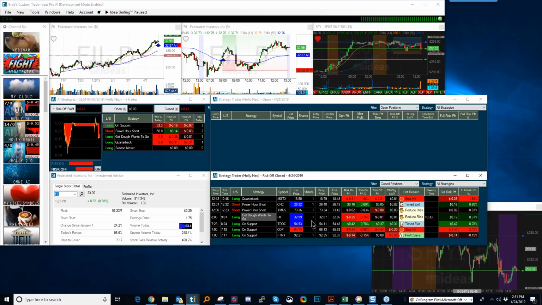If we look over here, well, I changed it to $1. It would have said $50 when I had the risk on. That would have been my loss right here in the risk on mode. But we have that re-entry algorithm, which is halfway between the stop price and the original entry price. So at 10:33, right here, it hit that price point, and it was suggested to get back into it. And so what started off as a bad trade ended up probably being a break even or a little bit of a profitable trade based on re-entry.